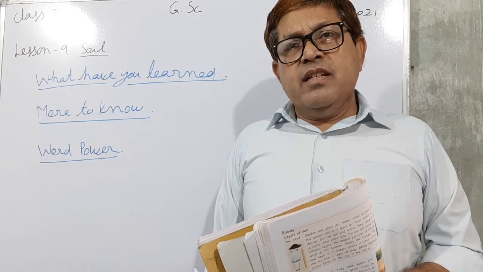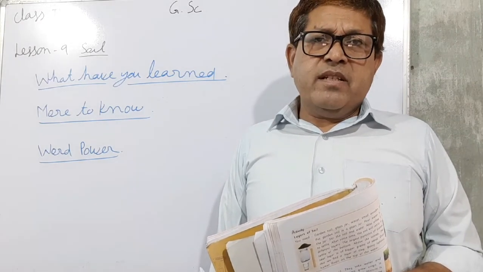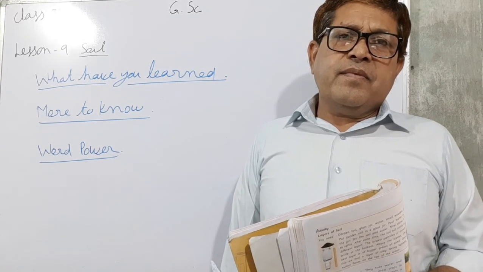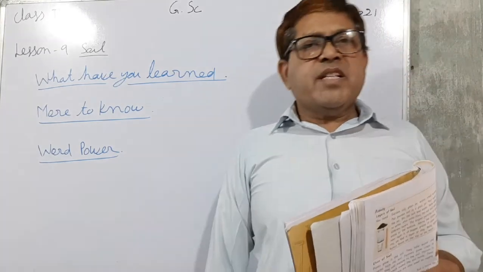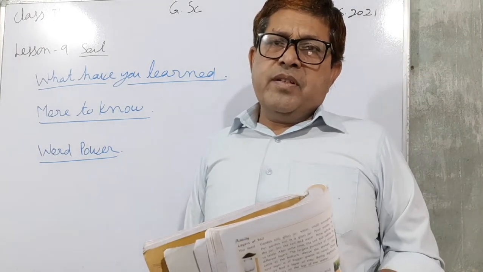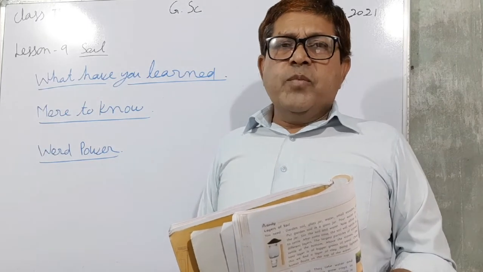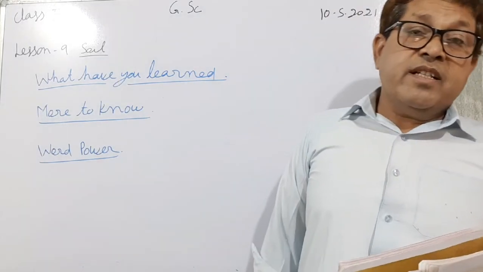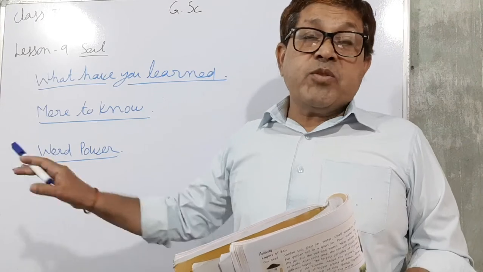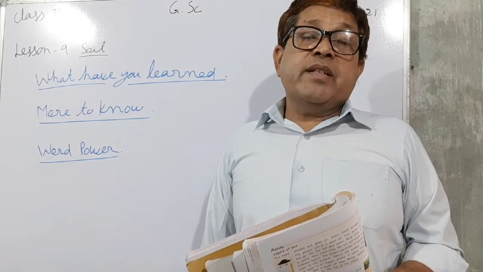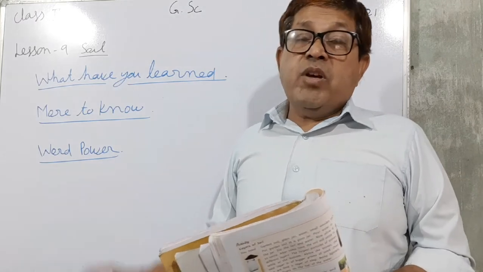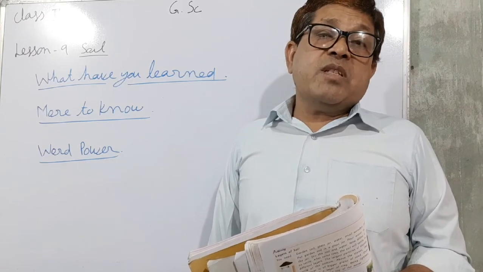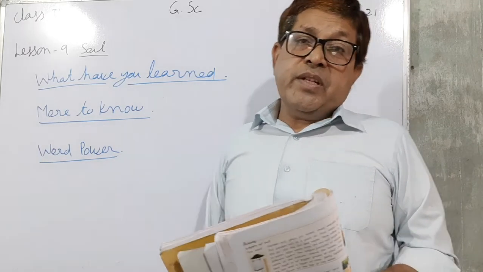A soil containing more humus is the best soil for the cultivation of crops. More humus means the soil is more fertile. If two samples of soil are given, one having more humus and the other having very little humus, the soil containing more humus will be more fertile in comparison to the other.